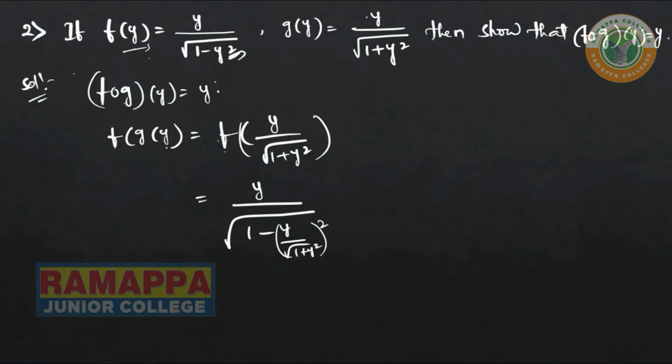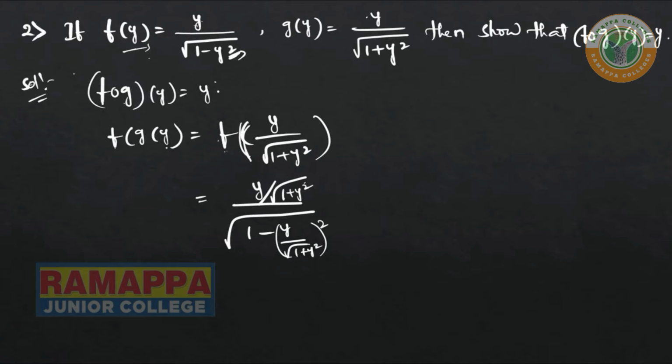Okay, in y place I am substituting y by under root of 1 plus y square. So here I am substituting 1 by y plus y by under root of 1 plus y square. So here the numerator also will become under root of 1 plus y square, because it is in the form of y only. So in the y we have to substitute the same value. So in f of y place we have y by under root of 1 plus y square, so we have to substitute in the numerator and denominator.